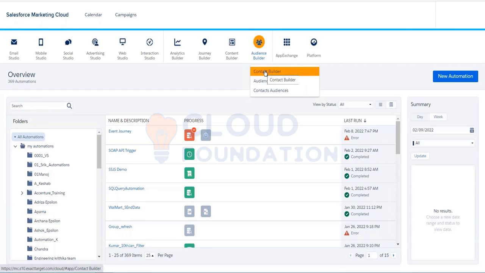How are those contacts connected together? That is also something that is required. Contact Builder is very important in SFMC. We also spend some time in Contact Builder to understand each and every functionality. Perfect.